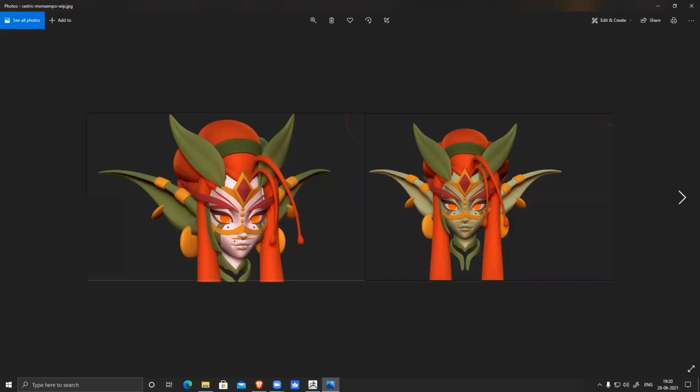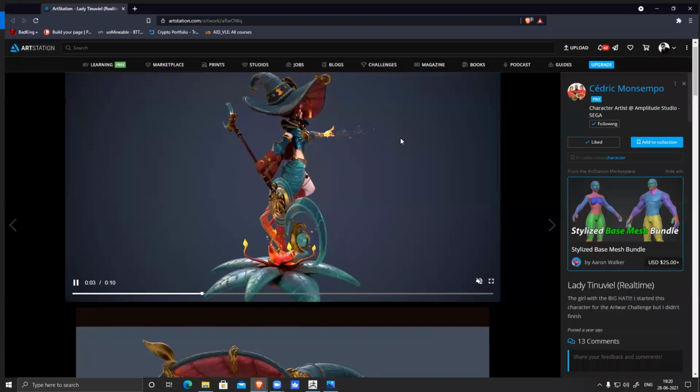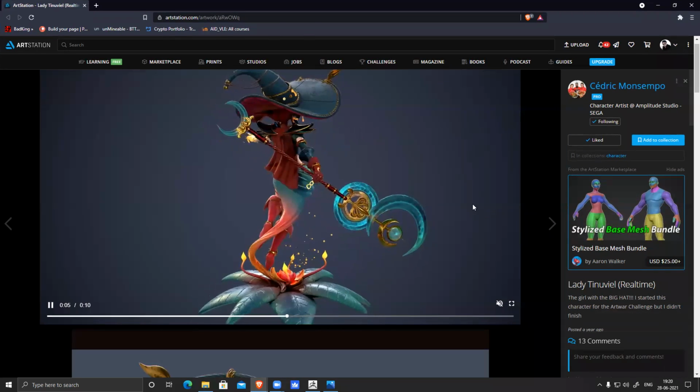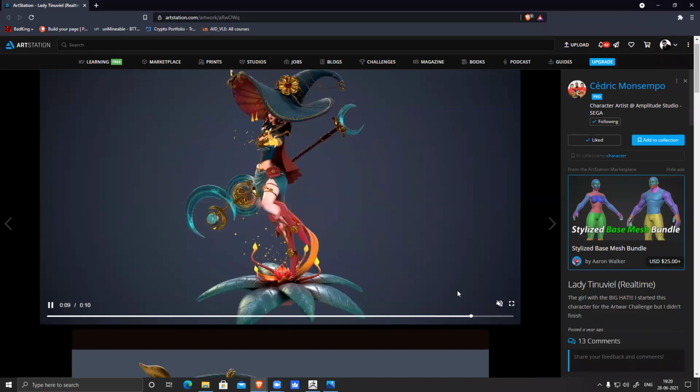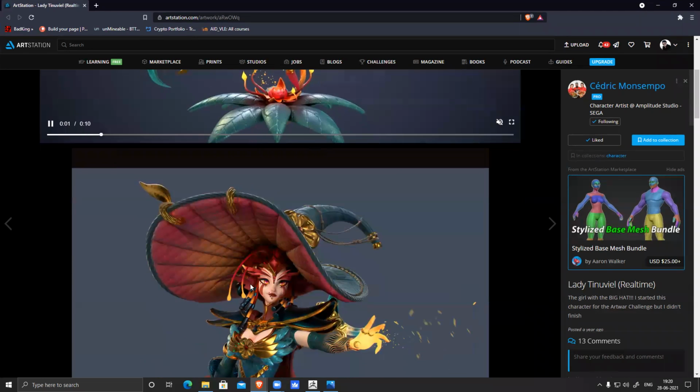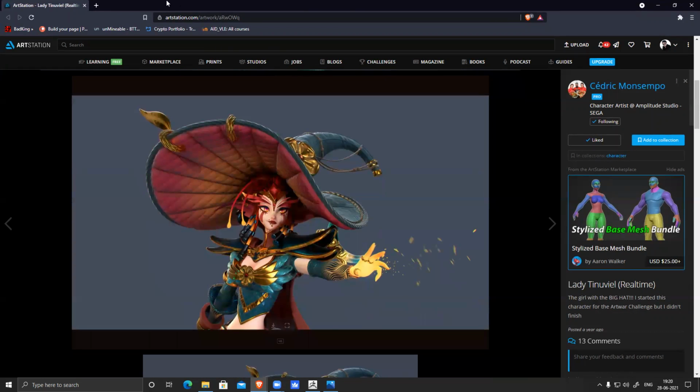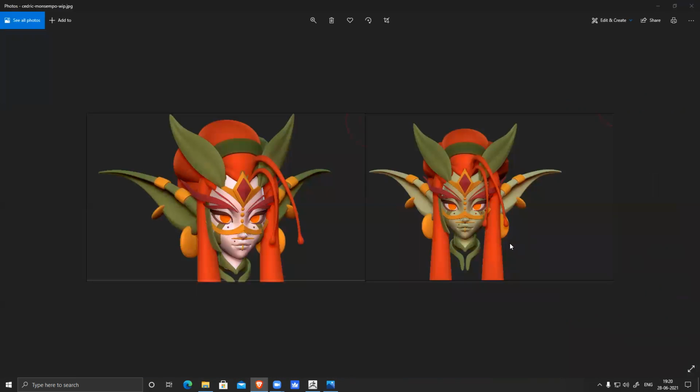I have found a nice reference. I will start with that one. This one actually has a full character also, so we can go with this one. This is pretty nice, I liked it, so we can definitely do this. I got a front pose also for this, so it will be easy to create.